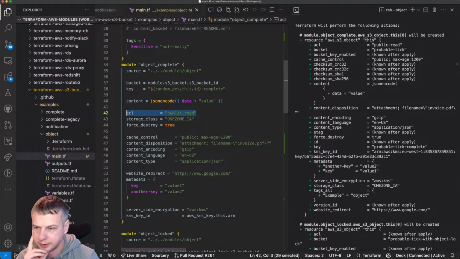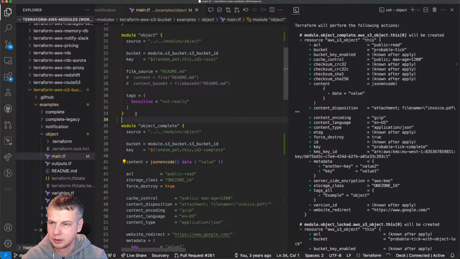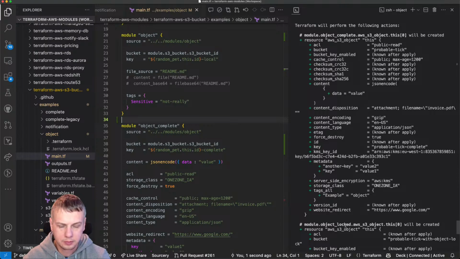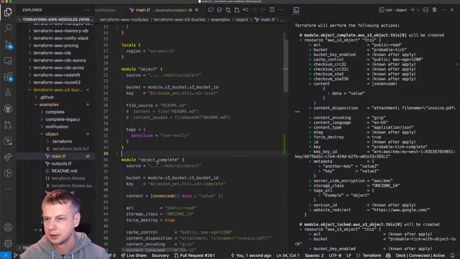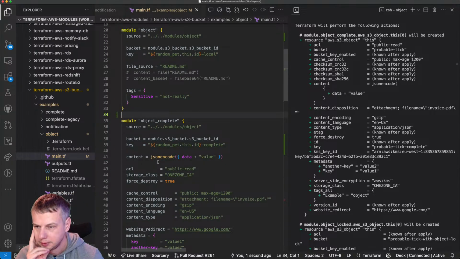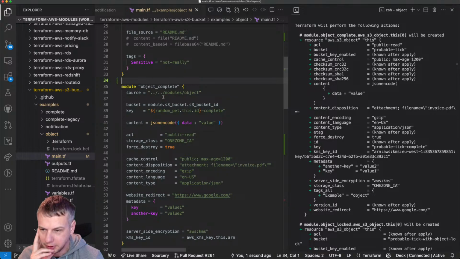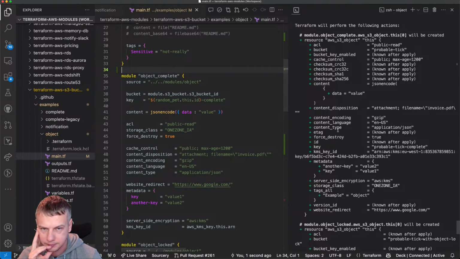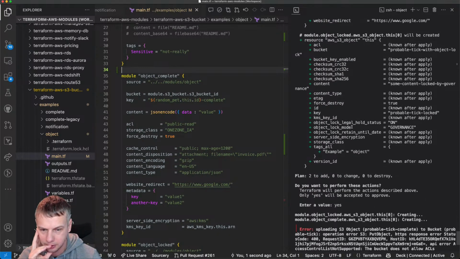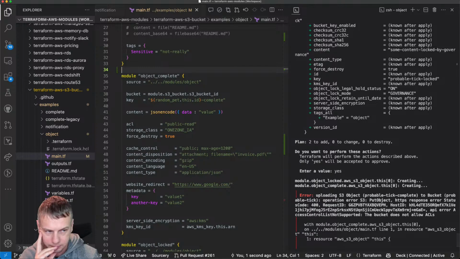So it doesn't like this. Object locked and object complete. Object complete. What's wrong here? In object complete, the bucket does not allow ACL.